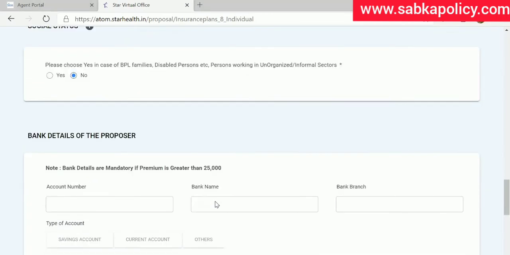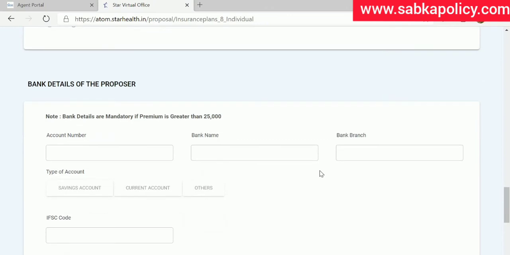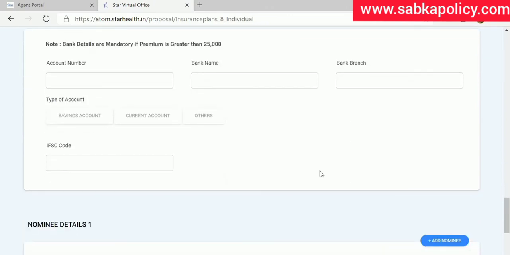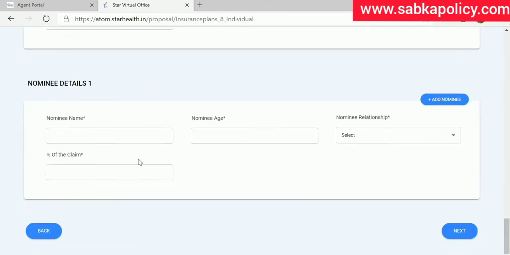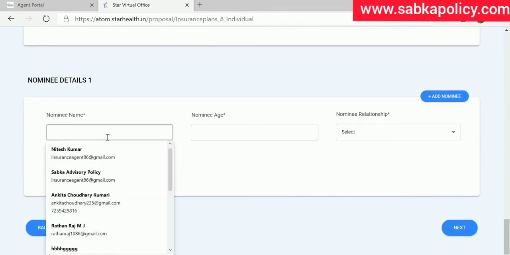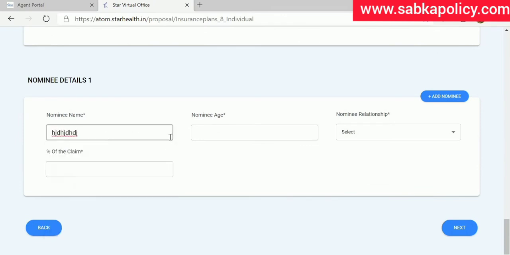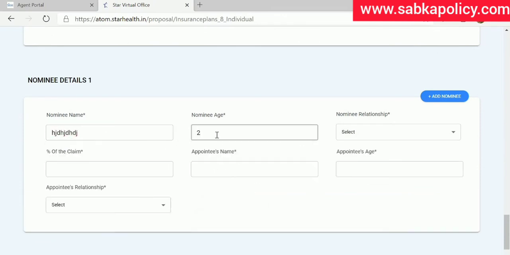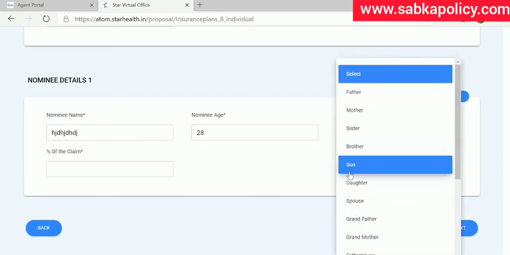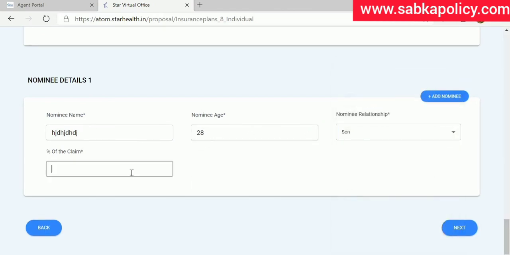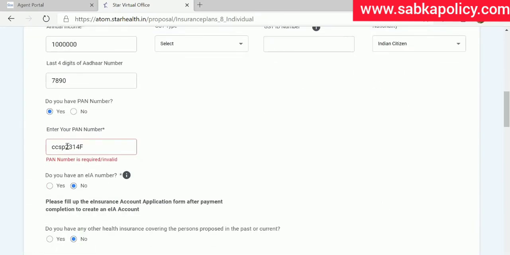Let us select no. Then the bank detail, it is not mandatory, but if you want to keep, you can put the detail here. And then nominee detail, so in the nominee let us take something, and the age let us take 28, and relationship is the son, and percentage of claim is 100%. Then click next. PIN number is required, so you have to enter the valid PIN number.